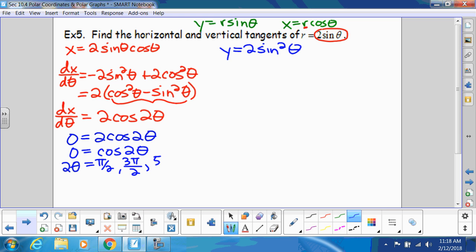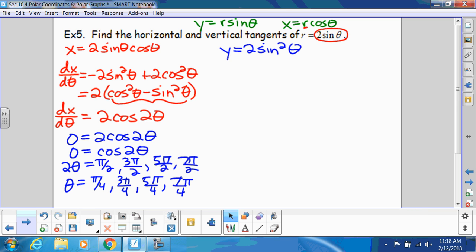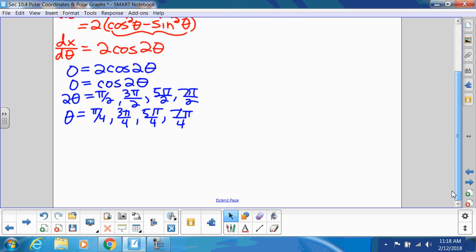So we need to double that. Okay, so then theta, if I divide everything by 2, would be pi over 4, 3 pi over 4, 5 pi over 4, and 7 pi over 4. Okay, so that's what we got when we solve. So then what does that mean? We're looking for the vertical tangents. So we're looking for equations